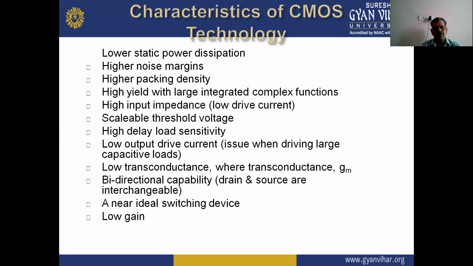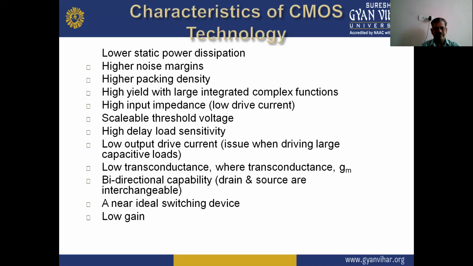So here are the characteristics of CMOS technology. In the characteristics of CMOS technology, there is lower static power dissipation and higher noise margins, higher packing density, and high yield with large integrated complex functions, high input impedance, low drive current, scalable threshold voltage, high delay load sensitivity, low output drive current, an issue when driving large capacitive loads, low transconductance, where